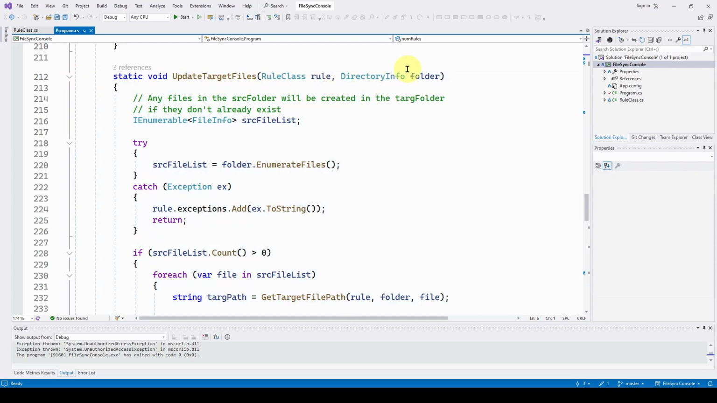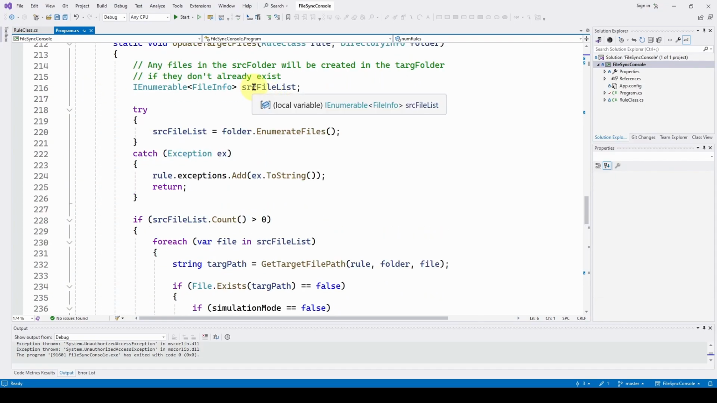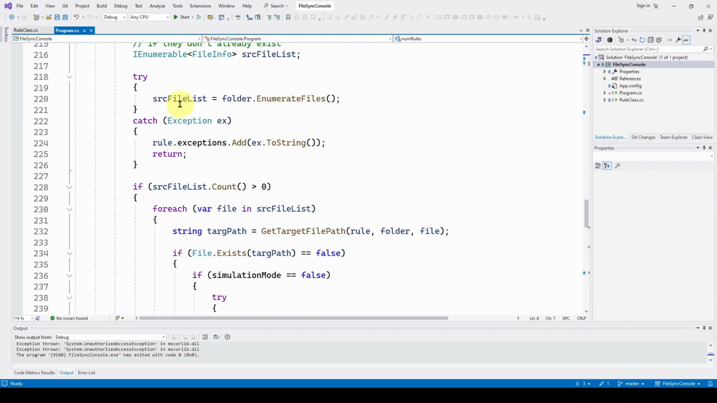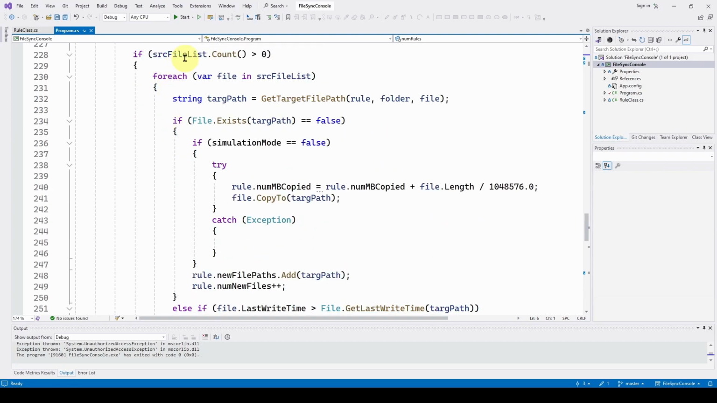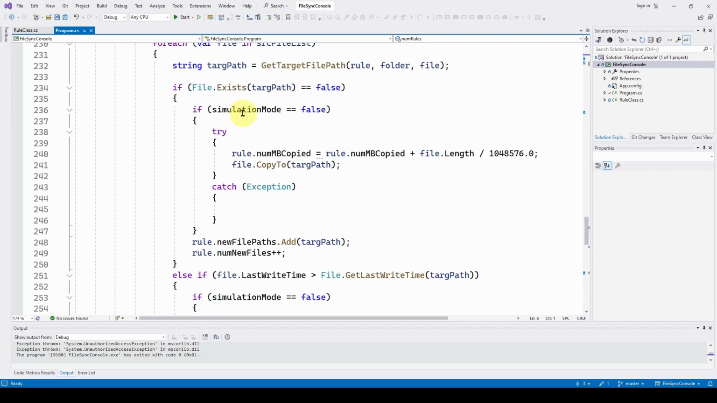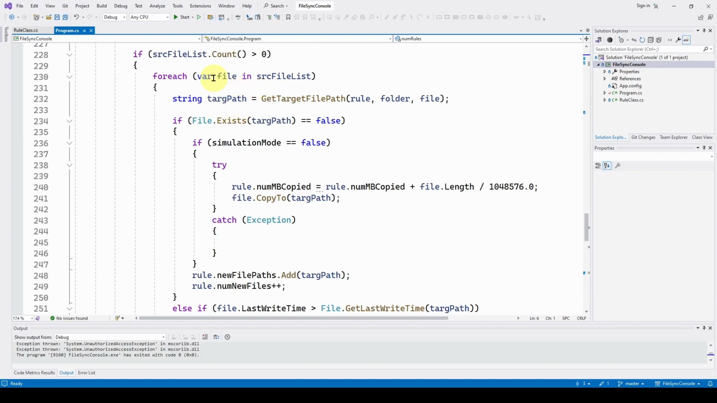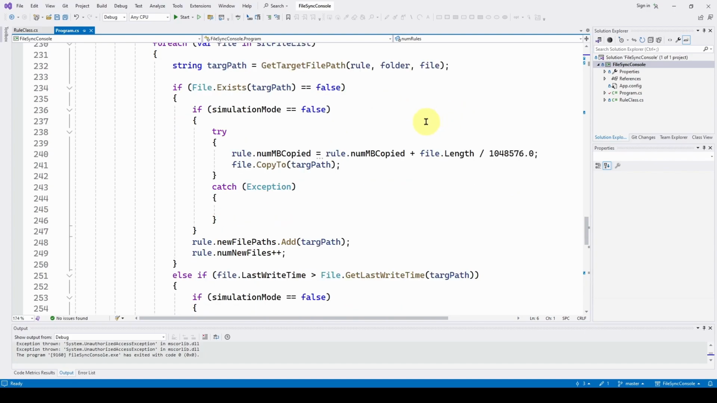We feed it the rule and the folder, and we have a source file list. And again, we're going to add a try catch to what we had before, folder enumerate files. So list of all the files. And if that fails, we're going to add the exception, whatever the exception string is, to the exceptions in that rule and return. If it's successful and we have source files in that list, we're going to go through and process each one. So for each var file and source file list, we're going to get the target file path,